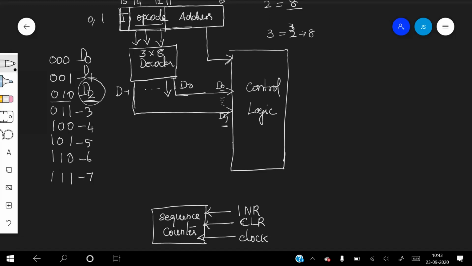The sequence counter responds to the clock signal and generates the timing signals that determine the timing for performing these operations. It is a 4-bit sequence counter, so it generates 4 outputs, and that is decoded by another decoder.